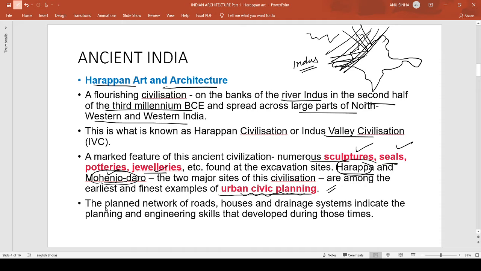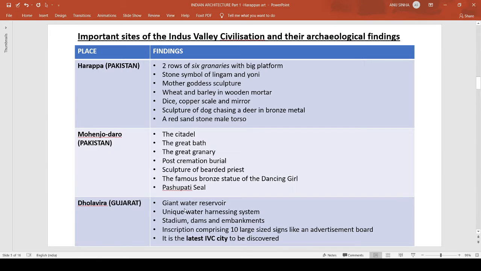Okay. Now moving next, the planned network of roads, houses and drainage system indicates the planning and engineering skills that developed during those times. यहाँ पे बोला जा रहा है कि उस टाइम में हमें जो मिलता है, हमें देखने को मिलता है, वो दिखता है कि एक प्लान नेटवर्क ऑफ रोड्स है, हाउसेस है और ड्रेनेज सिस्टम है इस सिविलाइजेशन में, जो हमें ये बताता है कि कितना यहाँ पे यूज़ हुआ होगा प्लानिंग एंड इंजीनियरिंग स्किल्स का।